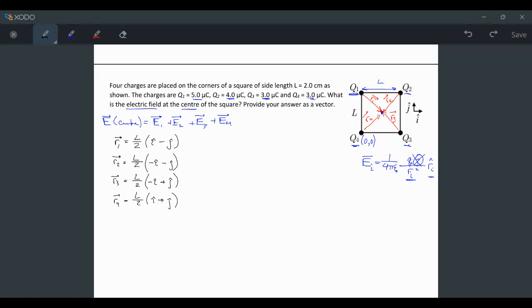The really nice thing about this is we get to label all of our lengths as the same thing, because I think it's pretty obvious that these are the exact same length, they're just in different directions. So the symmetry of this problem helps us out, saves us a bunch of time. So this is going to be L over 2 this way, L over 2 this way. If you can't eyeball it,